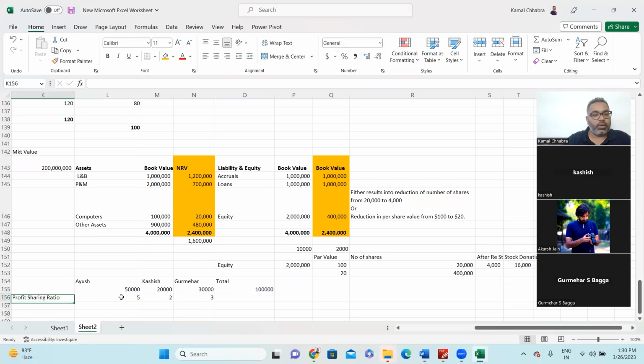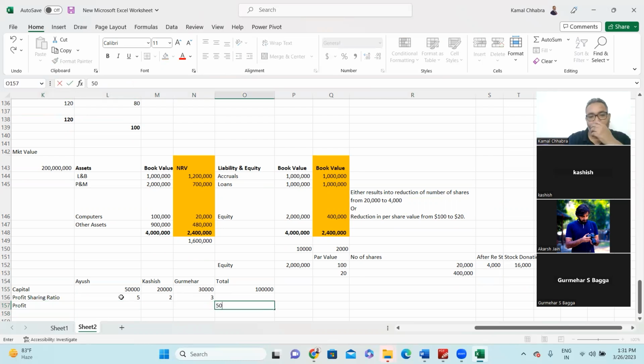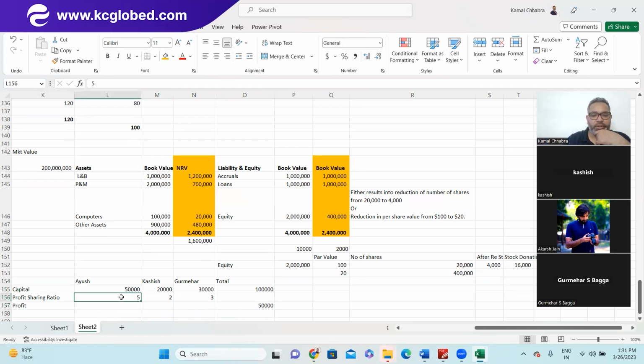Let's assume they have earned a profit of $50,000, right? So let's assume this $50,000 is the profit. How will it be distributed? 25,000, 10,000, and then 15,000. So let's assume this is profit